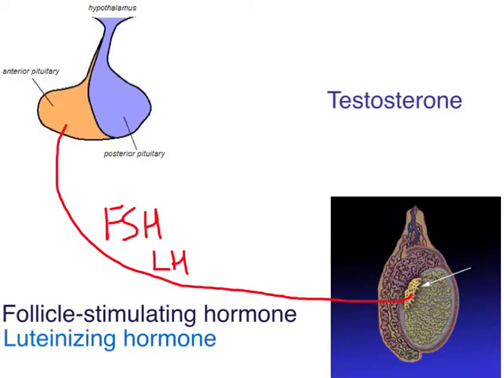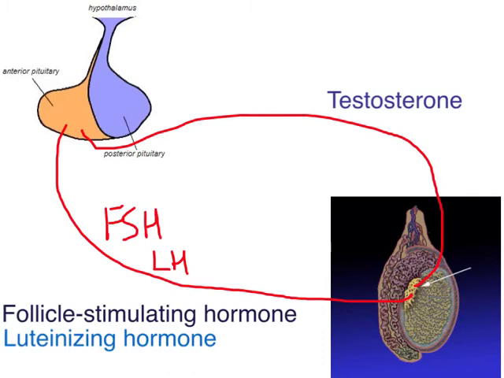Now, once LH reacts with the testes, testosterone is released back into the bloodstream, and it goes through the body, and eventually the anterior pituitary gets wind of this particular release of testosterone, and the process stops. So once testosterone gets back up to the anterior pituitary, the follicle-stimulating hormone and the luteinizing hormone stop being released.